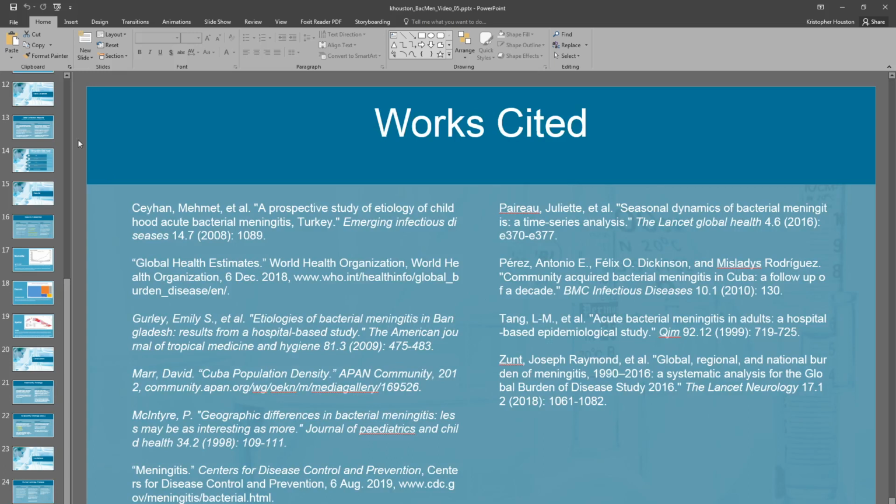Okay, here are the works that I used. This includes the 6 peer-reviewed studies that I read. The main one here that I went over is right here, and a few other ones too, such as the World Health Organization and the Center for Disease Control,